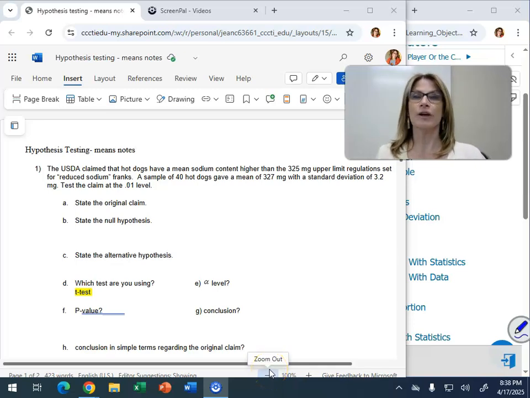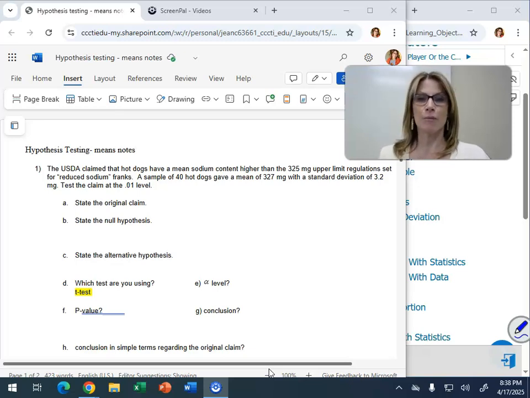Okay, so here we go. We're going to talk about hypothesis testing for a mean. And there are a couple different ways that we can do this. There are 3 different types of hypothesis testing for a mean, similar to the kind that we did with confidence